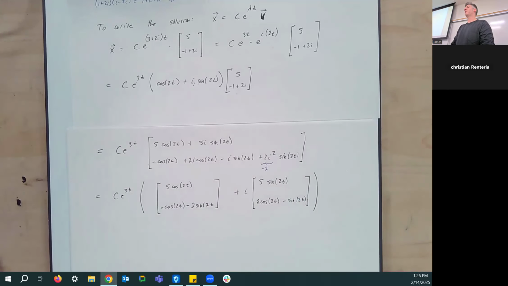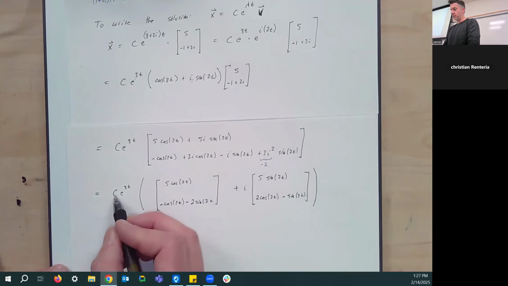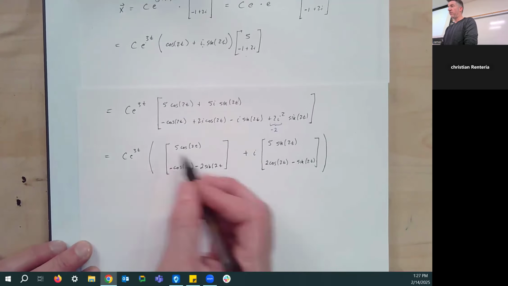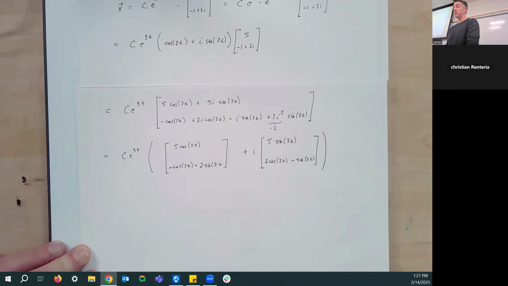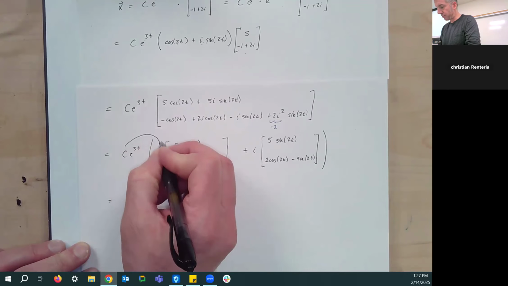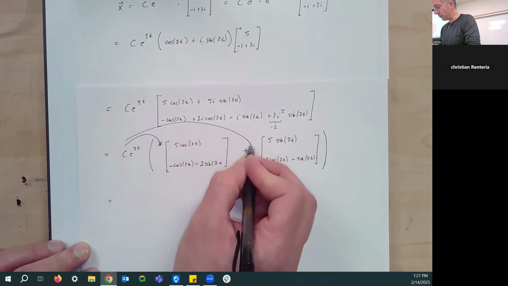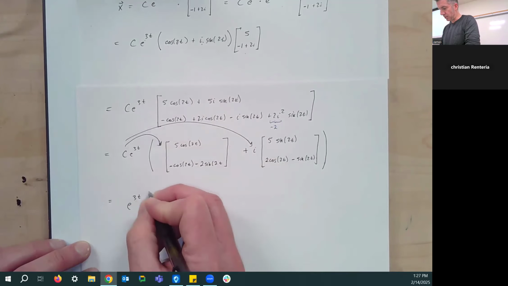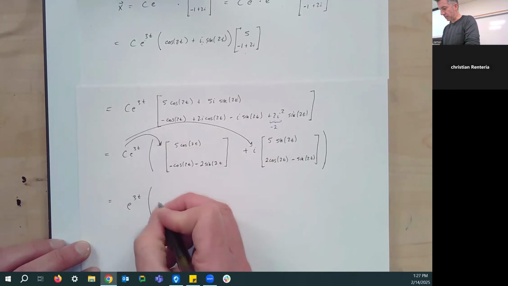And now here's kind of the dicey move that we make that feels a little shady, but works. We're essentially going to distribute this constant to each of these two vectors. So the constant times this vector, we're just going to say it's multiplied by a constant. We're going to call it C1. So we're going to say distribute here and here. So we have e to the 3t times C1 times